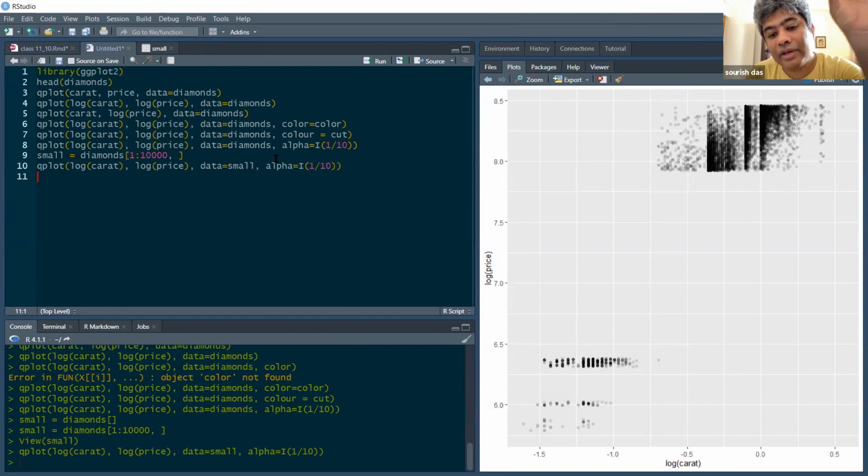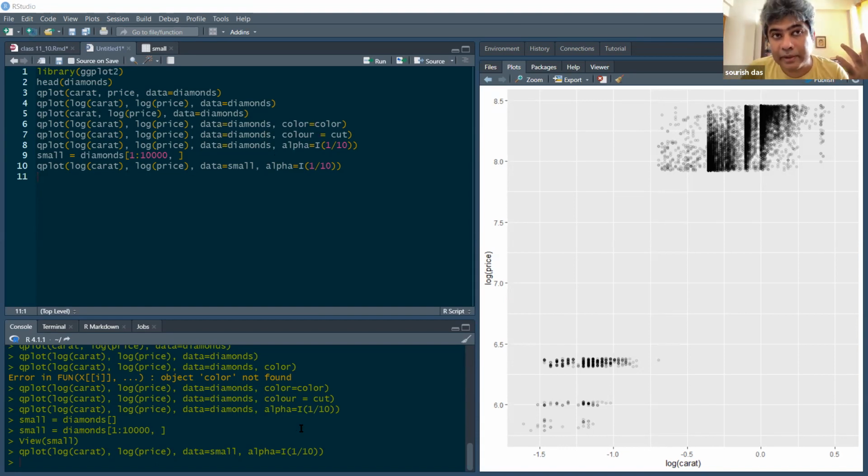Now, since we have picked up the top 10,000, only one chunk and some lower chunk and some upper chunk has come. So this top 10,000 is not representative of the population, the data set of 50,000.